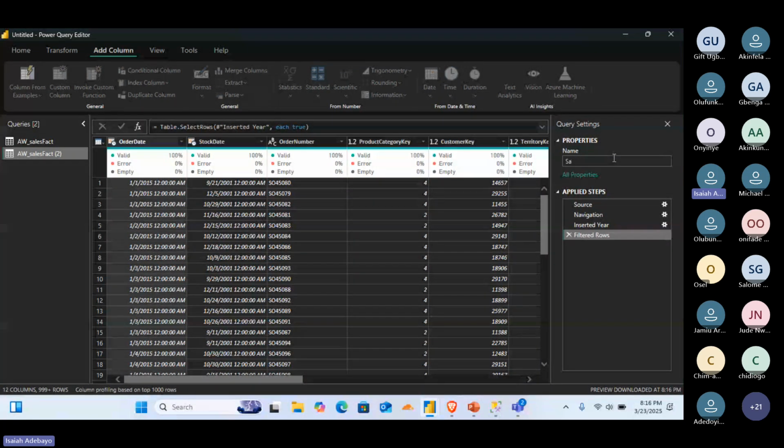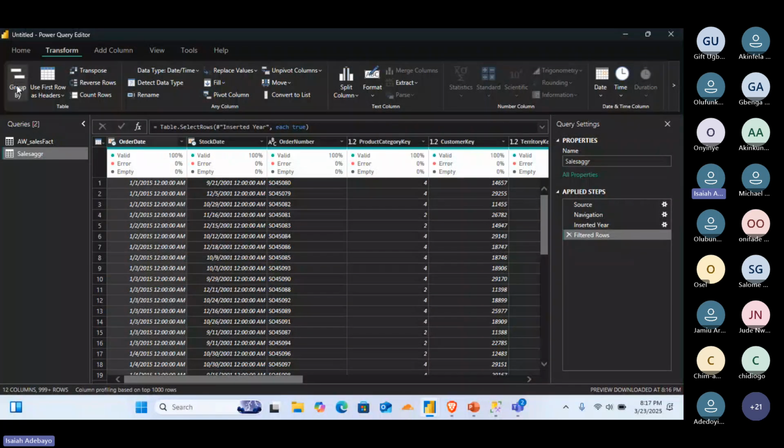So what I need to do is click on the transform tab here. Under the transform, you will see what we call group by. Once I click on the group by, a dialog box displays whereby I can then